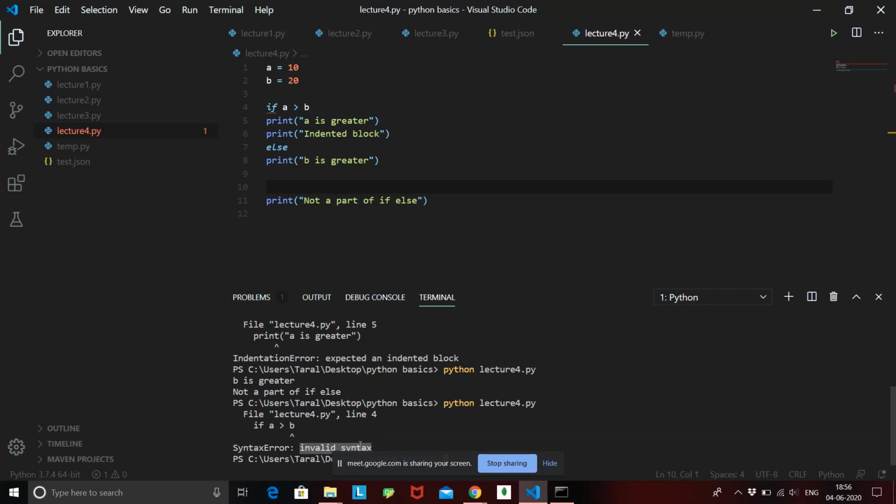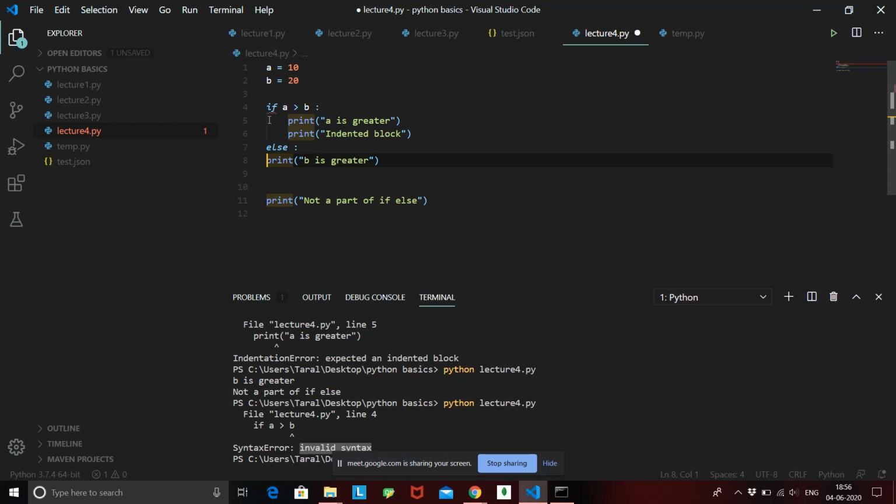Now why is this invalid syntax? Because there is no indentation block over here. And see, my text editor automatically took the tabs out of our statements. Why did it take tabs out of our statement? Because we did not define our indentation block to start. We want to tell Python that yes, after this colon we are going to start a block of the if statement. Okay, so now if I give tabs again, and here also I need to mention a colon. Colon means start of a block.